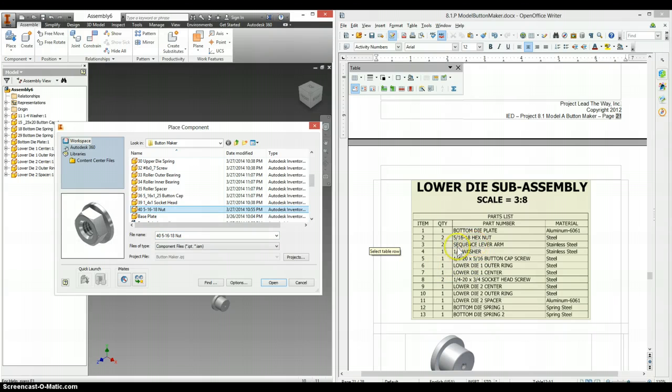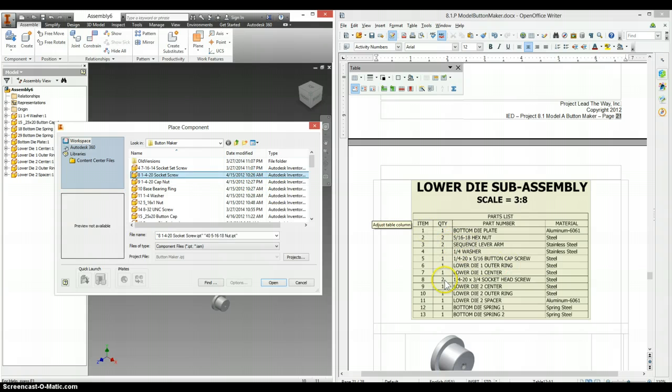We need the sequence lever arm. And I don't see that right away. I may have to go back and look for that in the parts list folder. We'll come back to that. The 1/4 20 3/4 socket head screw, 1/4 20 socket screw,